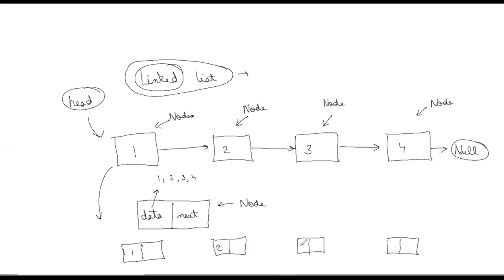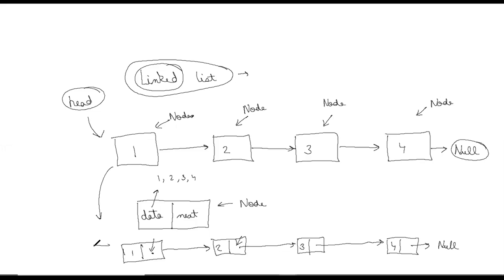So these are the elements which are stored. Data means the element which is stored. So 1 is stored here, 2 is stored here, 3 is stored here, 4 is stored here. What is stored in this place? The reference, or you can say the pointer, or in simple terminology, let's call it the address. 1 is pointing to 2, so this will contain the address of 2. What will be stored here? 3's address. What will be stored here? 4's address. And what will be stored here? Can you think about it? Null will be stored here, right?